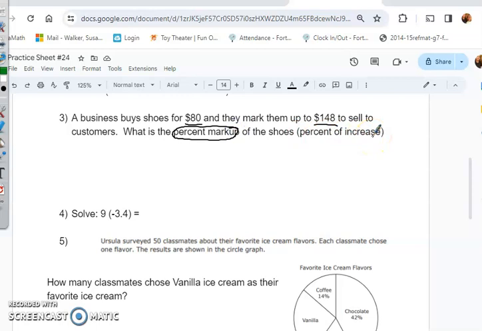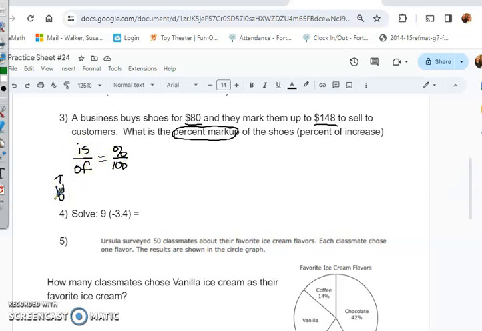So this is a percent problem, but I do not have a percent. So I cannot change the percent to a decimal and multiply. So I use my backup method, which is is over of equals percent over 100, okay? I'm hoping y'all are getting better at this so that you don't have to use this video every time for this, okay? Remember, of is